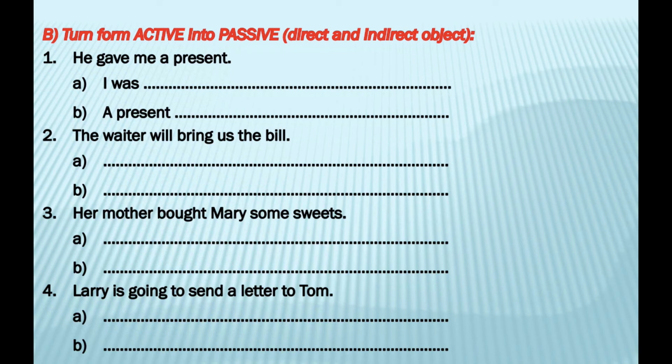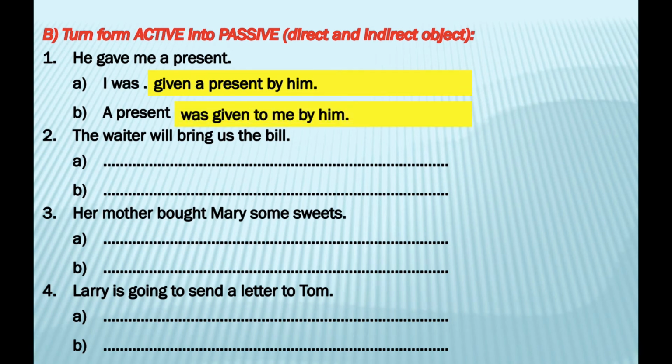So the first one we have, he gave me a present. If we start with I, we say I was given a present by him. A present was given to me by him. So we added only here